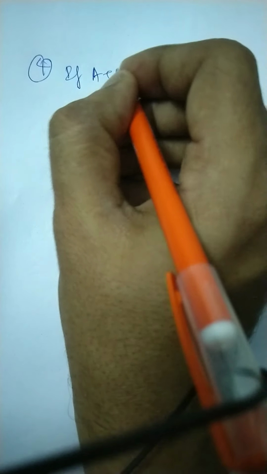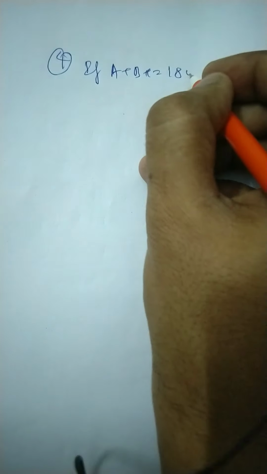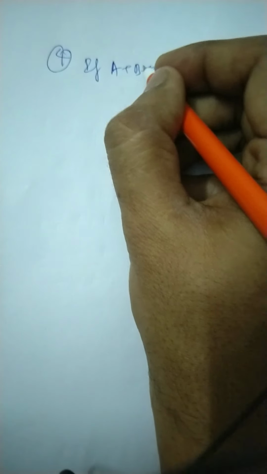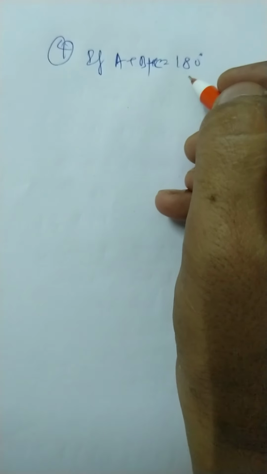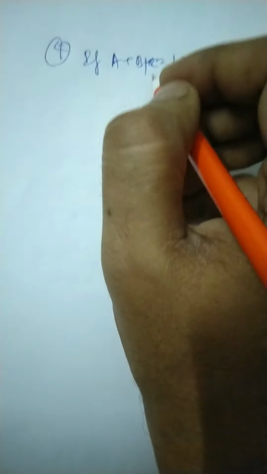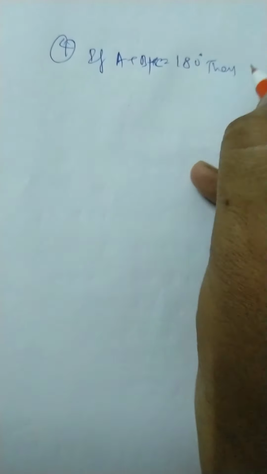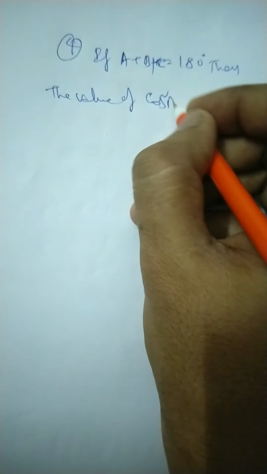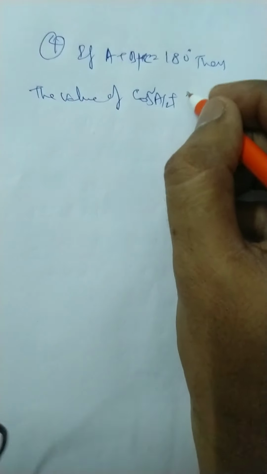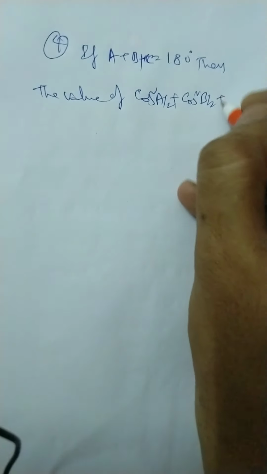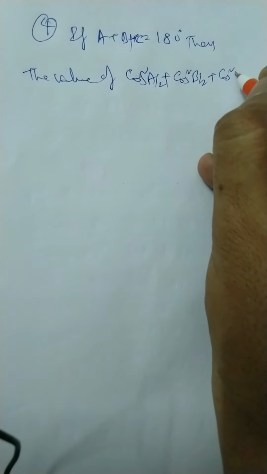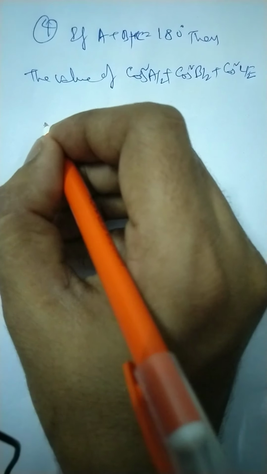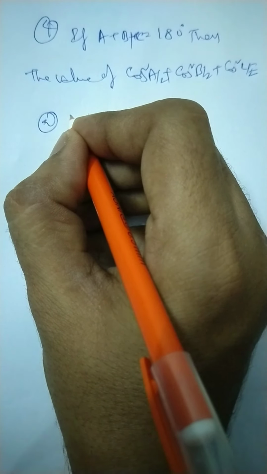If a plus b plus c is equal to 180 degrees, then the value of cos square a by 2 plus cos square b by 2 plus cos square c by 2 is equal to. The options are